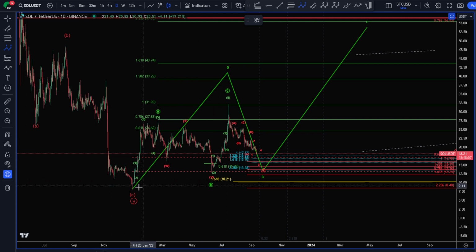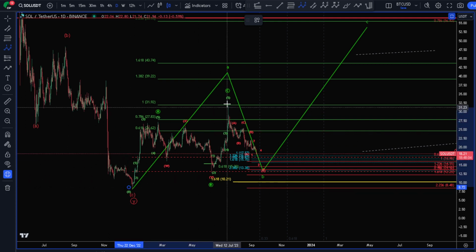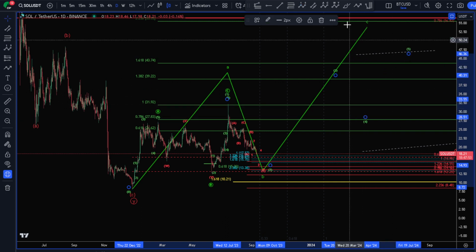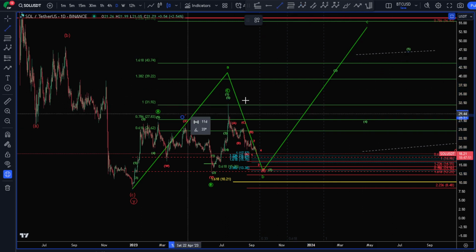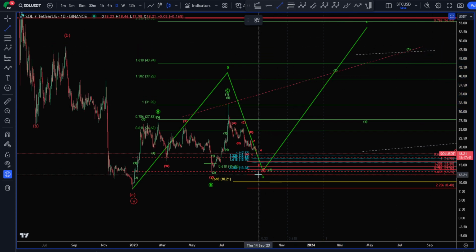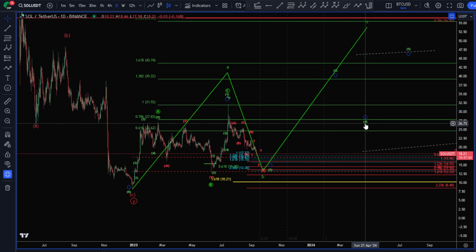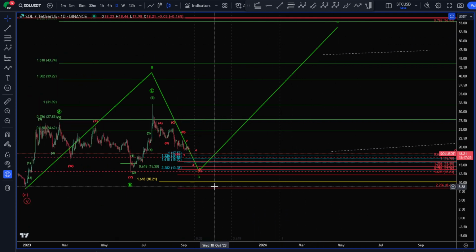Alternately, the only real way I see this is bullish is this would be a leading diagonal. 3-wave 1, 3-wave 2, we'd come up for our 3, our 4 with the overlap, and then our 5. This is the alternate way to be bullish, and that would make a leading diagonal. But for now, just leaving my primary as an ABC because they tend to move in the same direction, those two counts.